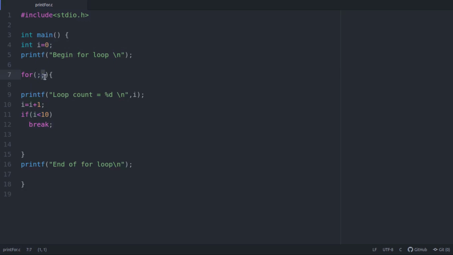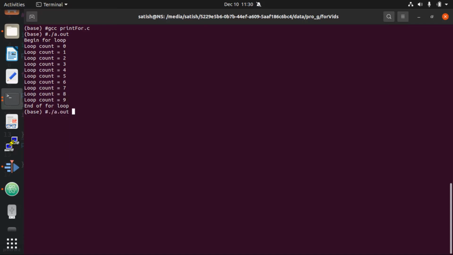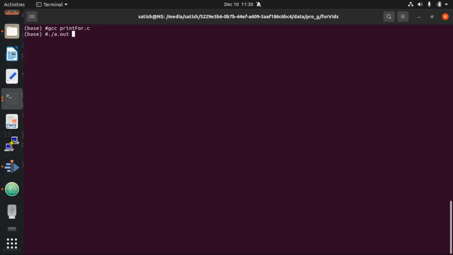Okay, the logical part of it you can implement anywhere else, that is inside the for loop. Maybe you want to do an increment conditionally, increment the value only if i is an even number or an odd number, something like that. Or you want to break out of the for loop only when a certain condition becomes true, then all those things can be implemented using this format. So if I execute this loop, output should look exactly same as what we have just seen.